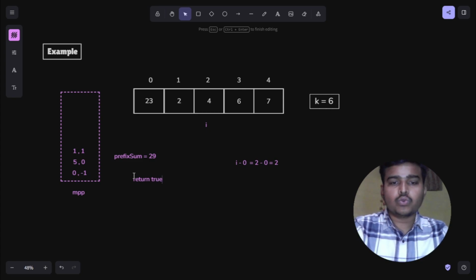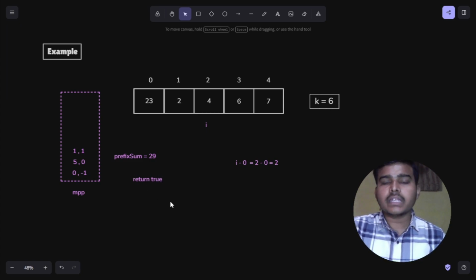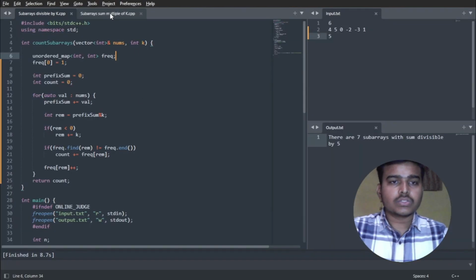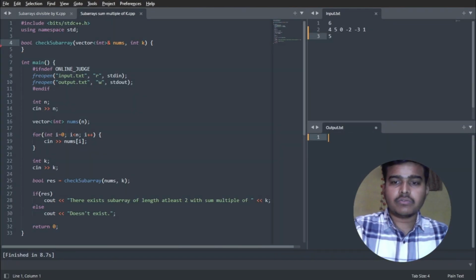So I can just return true in this case. Until the end, if I'm not getting any subarray, then I can just return false. So let's directly get into the implementation and implement this as well. Okay, so this is the function which I have to complete, and